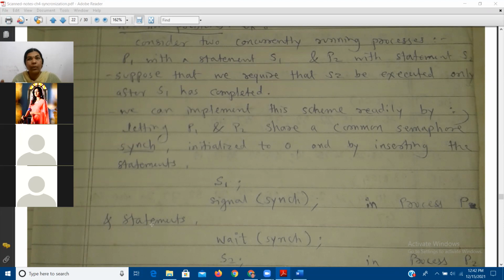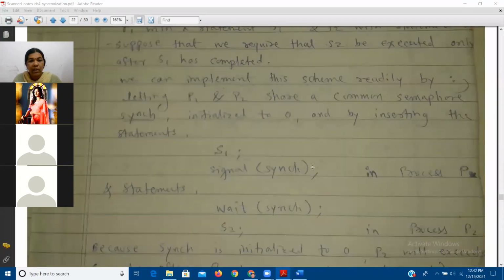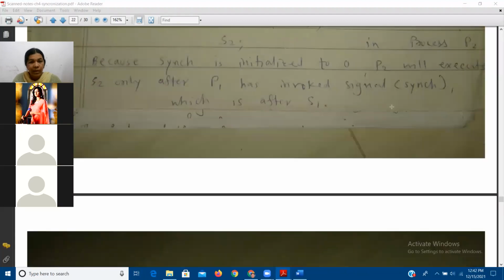We assumed 5, but it depends upon the application; it may be 10, it may be 100, and so on. Accordingly the variable is either incremented or decremented. And this is the general use of the semaphore variable. Here we discussed a simple example.